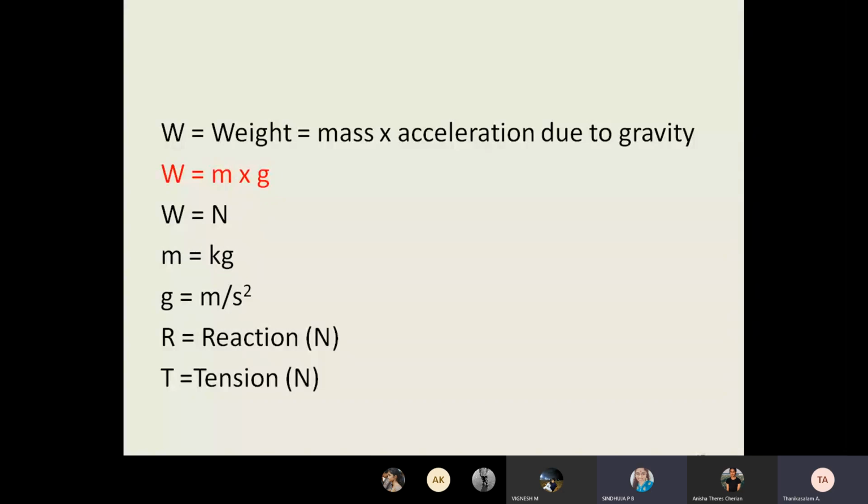Okay. So in the previous two classes we did the resultant. See, that is over now. Now we are doing this topic. That is why I told you how to use your brain and mind. Here R means reaction, because the reaction is from contact. T is tension, when hanging or pulling a rope, you have to say tension. So what is weight? Weight equals mass into gravity. Mass in kg, and G means 9.81 meter per second square.